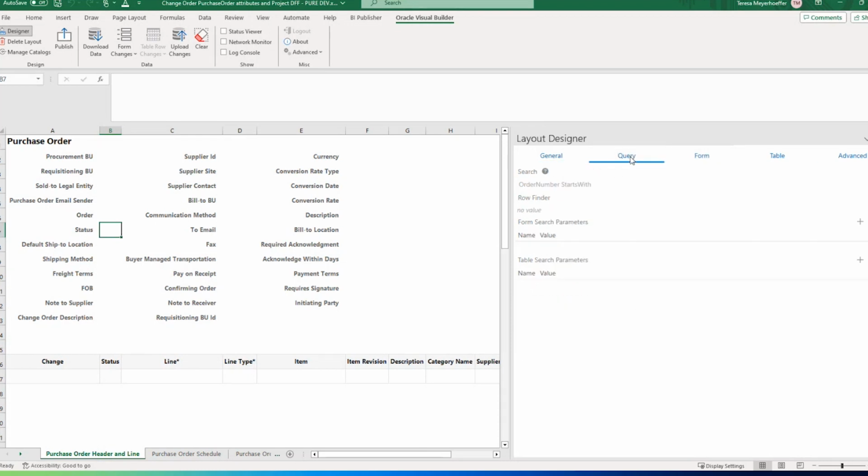We also have what's called a query tab. So query is just another word for search criteria. And right now we currently have our form set up with a search criteria of order number starts with. So when I go to download data into this template, I'm going to be prompted with a box that says order number starts with, and then I have a blank space to enter my order number. This particular template is coded to do one purchase order at a time,